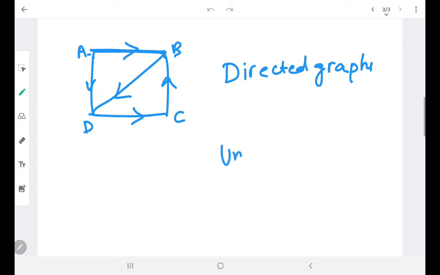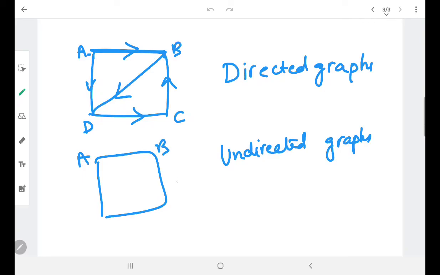And what is an undirected graph? That means the edges do not have directions. If I am taking just the simple example A, B, C, D, this is an undirected graph, not a simple graph; a simple graph has another definition. I am saying in general, an undirected graph means it does not have any direction. The edges will not have any particular direction. I can go from A to B or B to A as well.